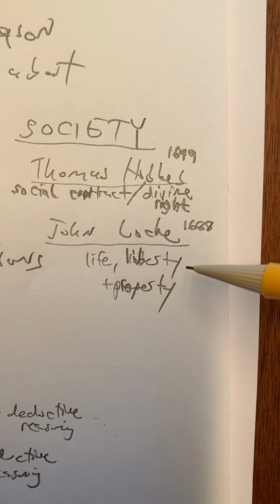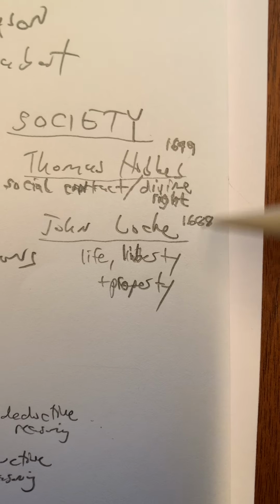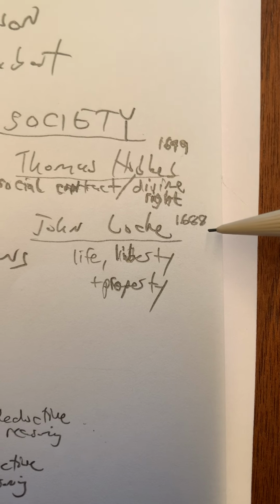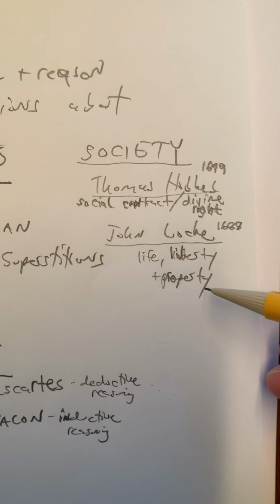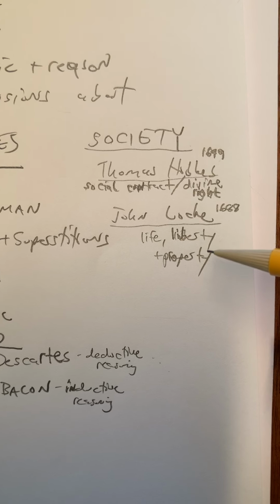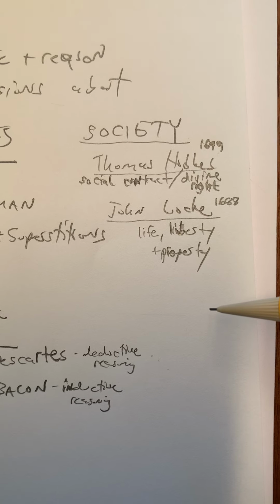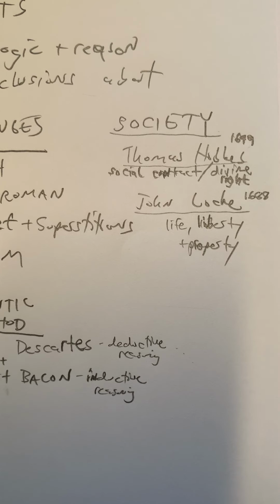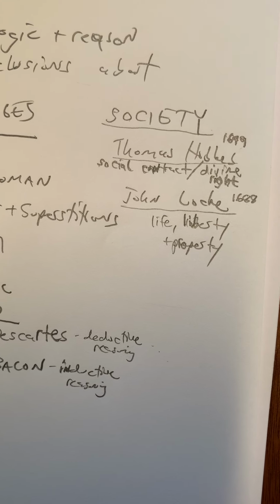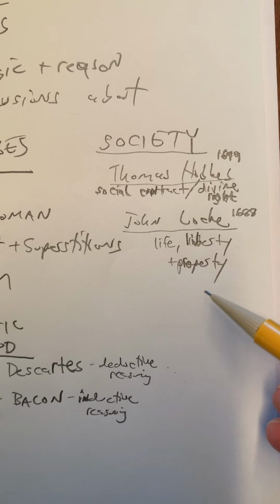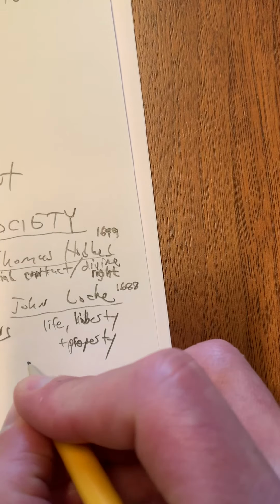Remember that some of the contradictions of this time was that there is slavery. England is the biggest shipper of slaves and has slaves in their colonies at this point. And so he's not making the argument that all people deserve it. However, later, the words of Locke are going to be in our Declaration of Independence, and later we're going to use his words to argue for freedom that applies to all people, including women, including people of color. But at least at this time, he's making an argument for constitutional monarchy.